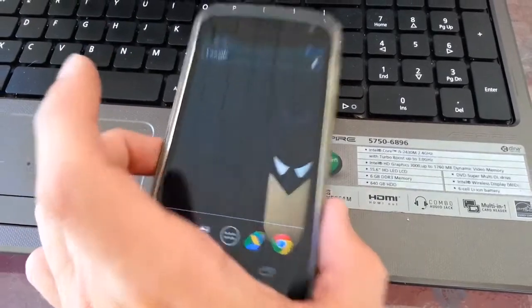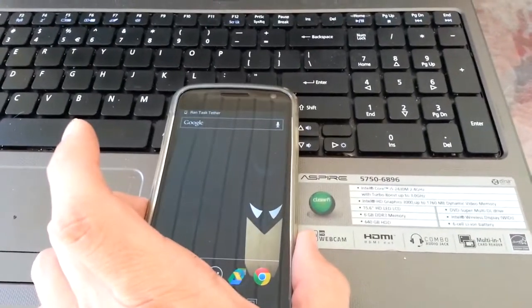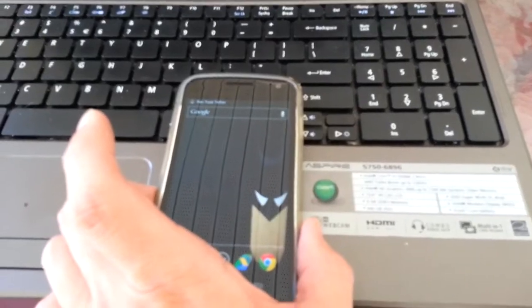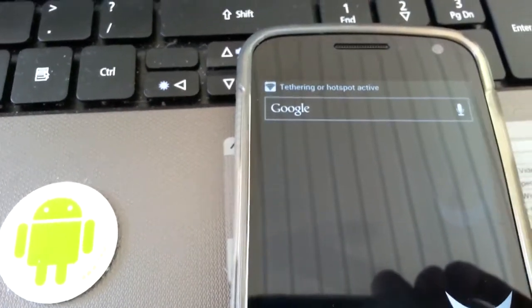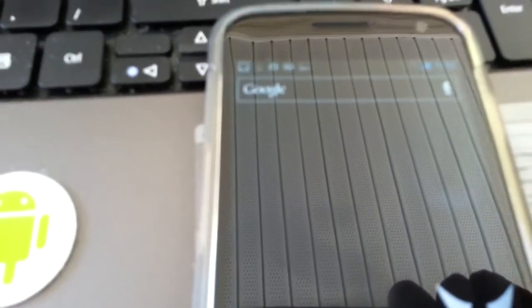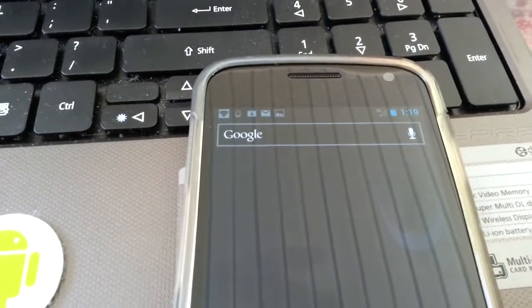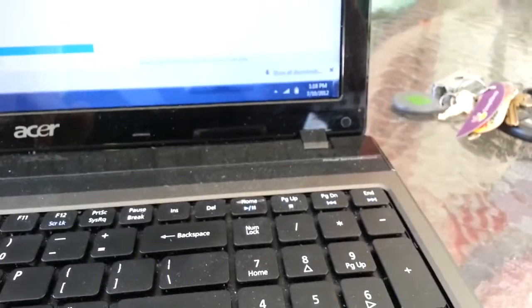Oops, it's untethered me. So I had already been tethered. So the first one would run the task tether. So now you'll see it should show tethering or hotspot active. And now my tethering hotspot is active, and I can access that on my laptop, as you will see right